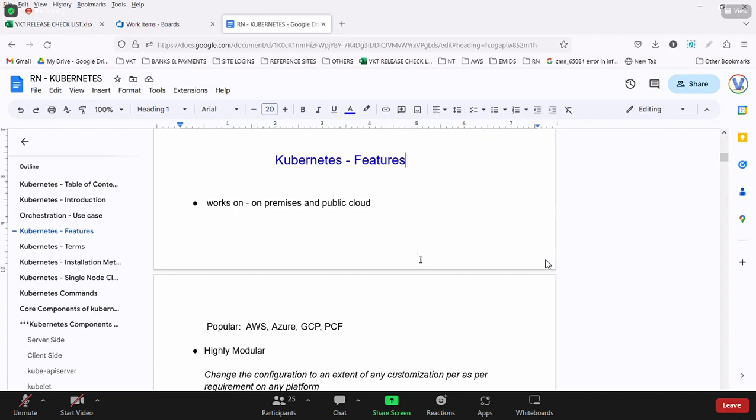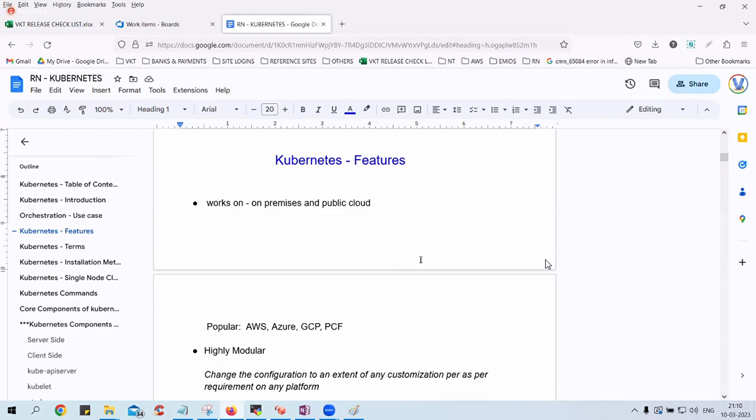The reason is GCP is a native of Google. So GCP is a Google product and Kubernetes is also a Google product. Correct? Kubernetes has come from Google, so GCP is also from Google. So technically, complexity wise, flexibility wise, compatibility wise, considering all these things with weightage, GCP is considered the best hosting for Kubernetes.